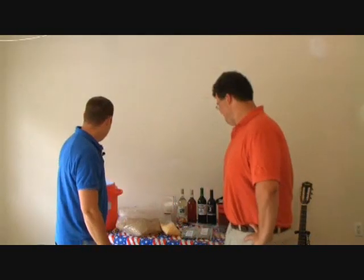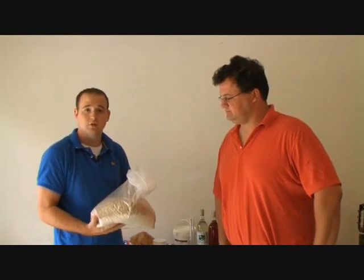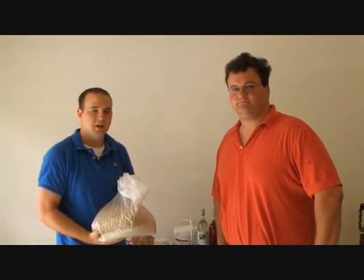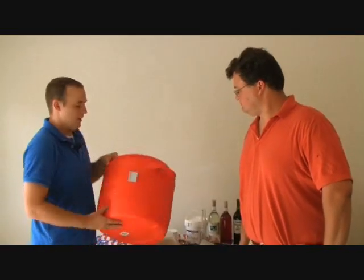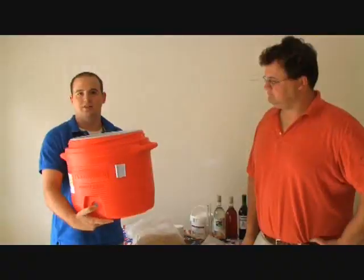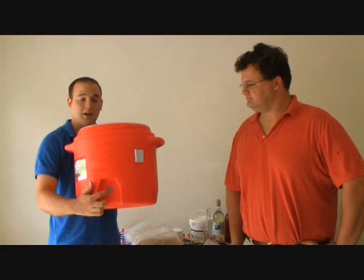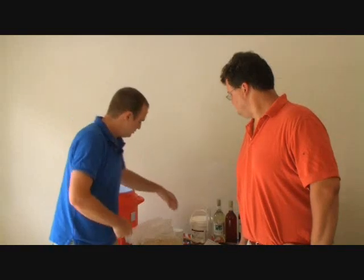But the main difference we're going to talk about between all-grain and extract brewing is that with all grain, you have to extract the sugars from the barley. Right now there are very few sugars in the barley. There are starches, so it will undergo a process that will convert those starches into sugar. In order to do that, you have to have what's called a mash tun. This is a 7-gallon Rubbermaid water cooler that I've converted into a mash tun. I've taken the spigot out of it, and then I have bought